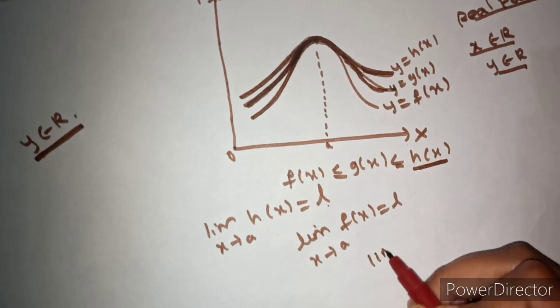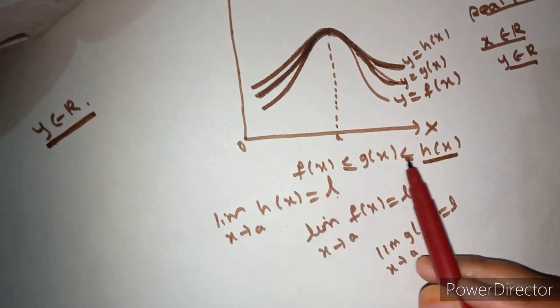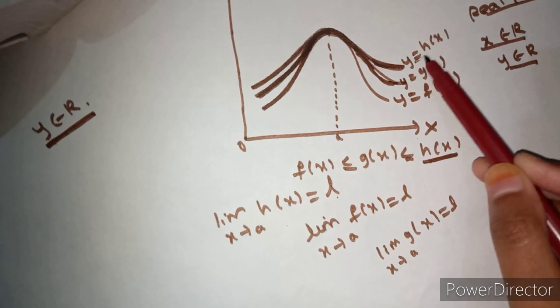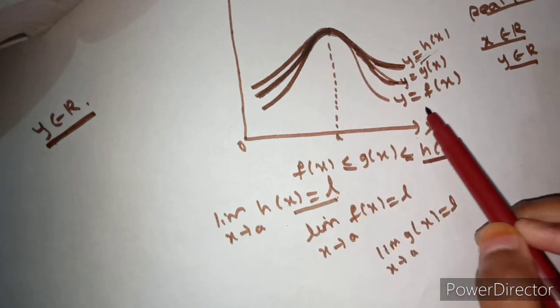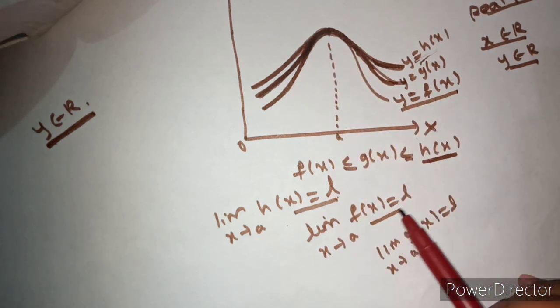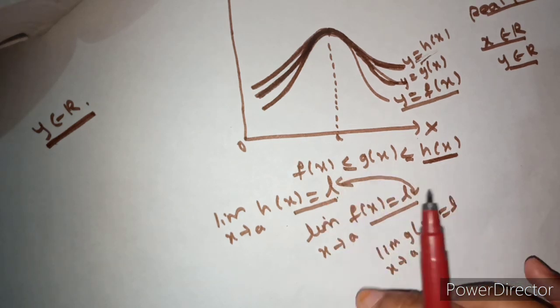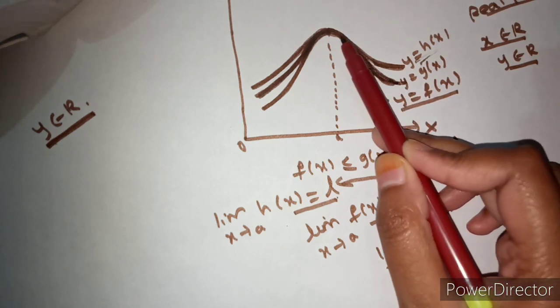Limit as x tends to a of g of x is equal to L. Let me explain once again. First I am taking three real functions, y is equal to f of x, g of x and h of x with the same domain. Our condition is f of x is less than or equal to g of x, which is again less than or equal to h of x. This is the condition, right? If I apply the limit to the greater function, we are going to get L. If I apply the limit to the lower function, I am getting the limit as L. So these two limits are equal. We are getting the same value. If this is the case, then the limit of this middle function is also L.